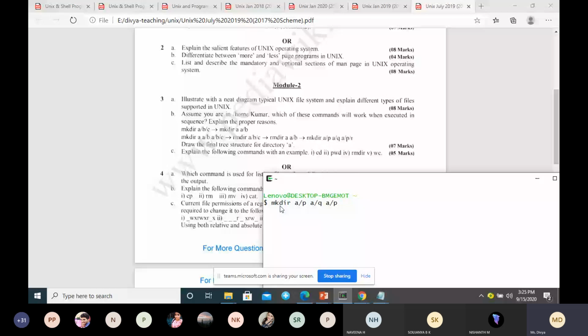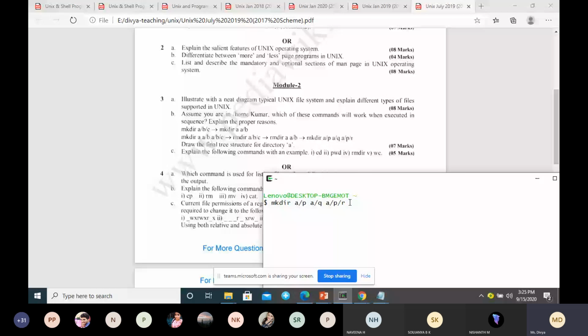Inside directory A we are creating directory P, and inside A one more directory Q. P is already there, and inside P we are creating one more directory R. So inside A we are creating P and Q, and inside P we are creating R.